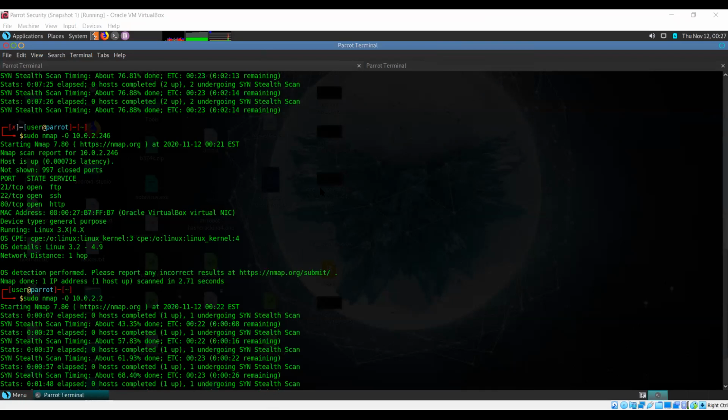Sir, is there any machine we will come across with filtered ports? Filtered ports. Okay, I'm not sure whether we'll come across them, but I can discuss a few techniques to get around that as well.